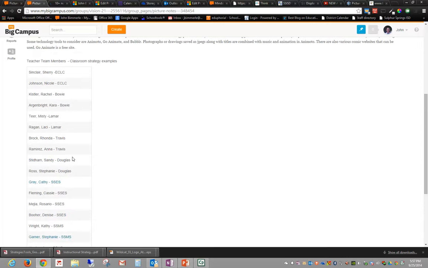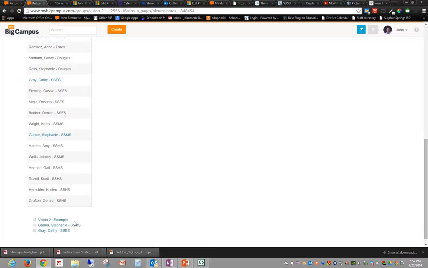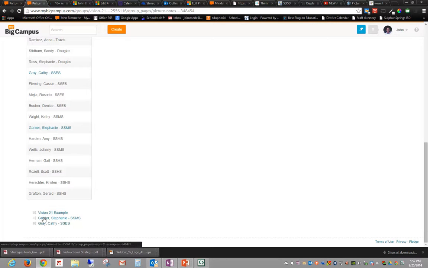What we'd like to have as time goes on is several of these turn blue so that we have a good variation or good representation of different grade levels with each of these strategies. You'll also notice then that there are 3 pages here that are going to match that also. So this list here is going to be very similar to this list. But as we create new pages for people, we'll give you admin rights or edit rights to those pages, and you're going to be able to add your content on these pages as you see your